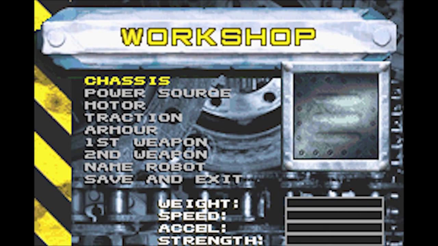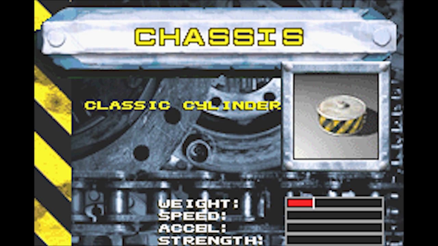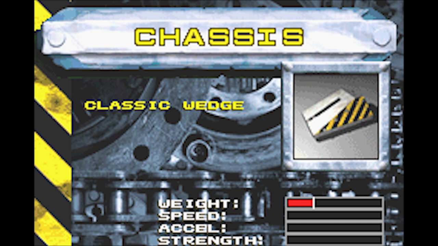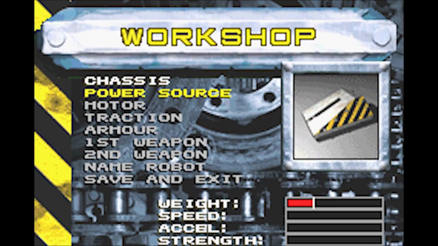Your choice is exceptionally limited in this game. It's not a huge surprise. So you have classic cylinder, classic wedge, classic block, and that's it. And they have different weights and things. So if we go for a wedge shape...